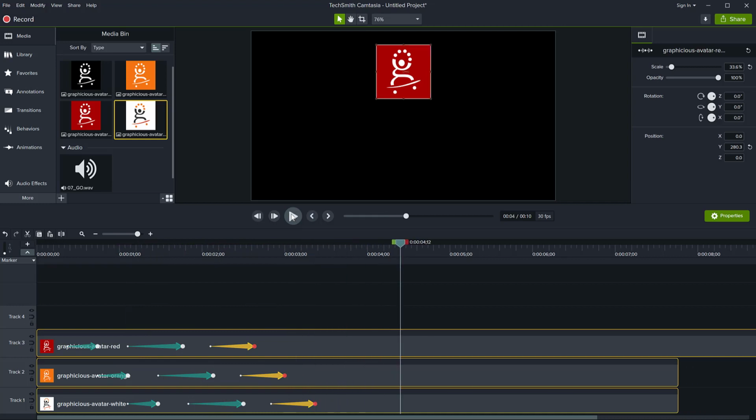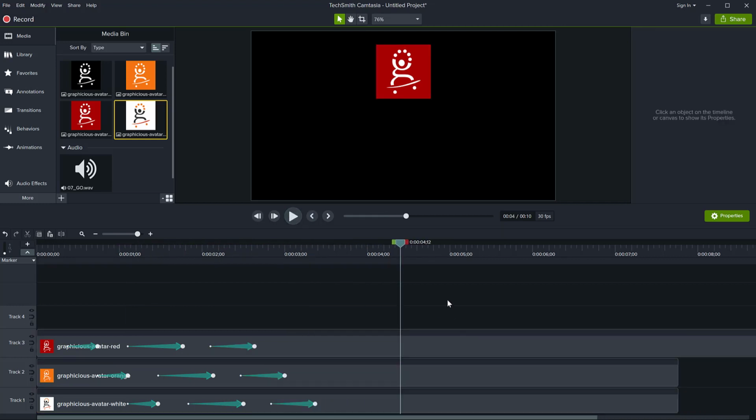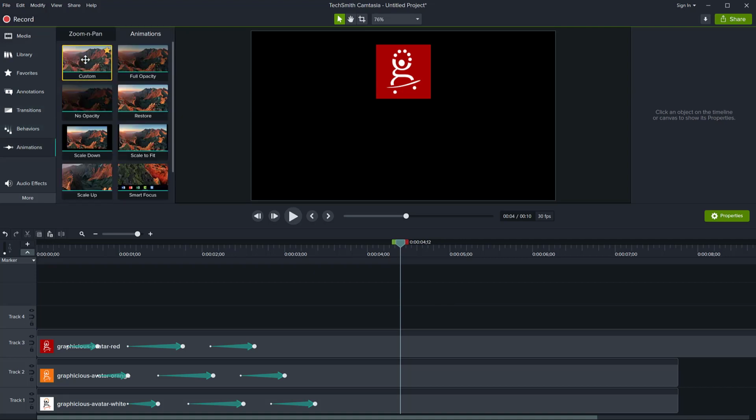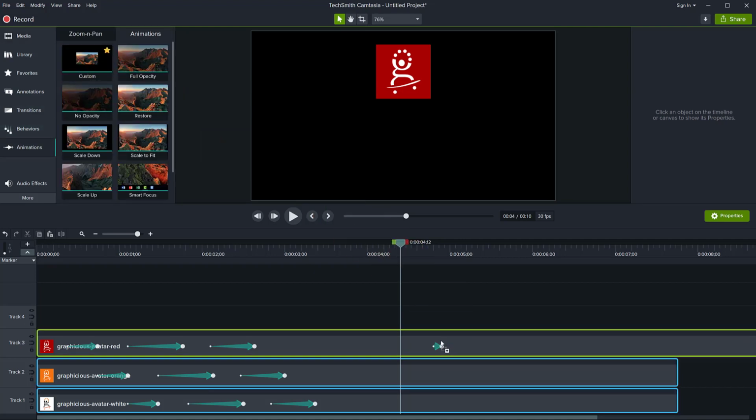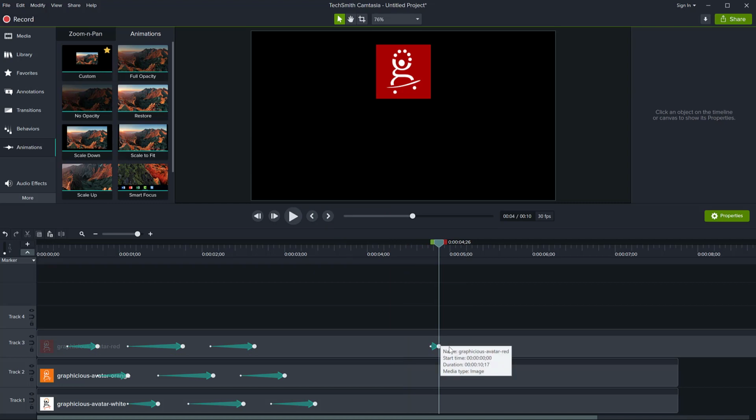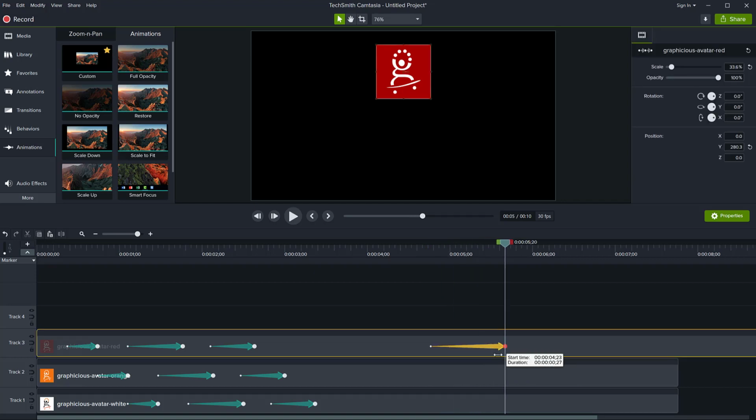Okay, another trick I want to show you, and this has to do with the duration of the initial animation. If I go to the animations here and I drag a custom animation to my clip, you will notice it's probably very short. This is because I modified my default because I wanted very fast action on that video I showed you.